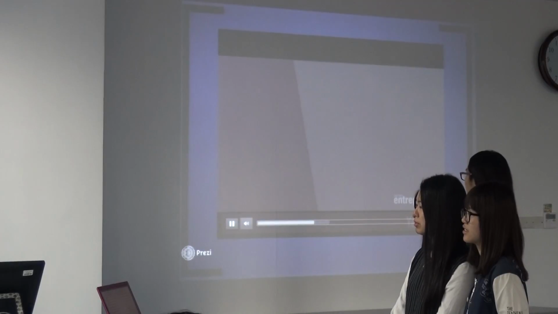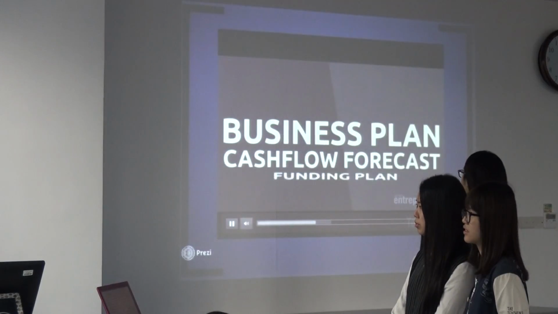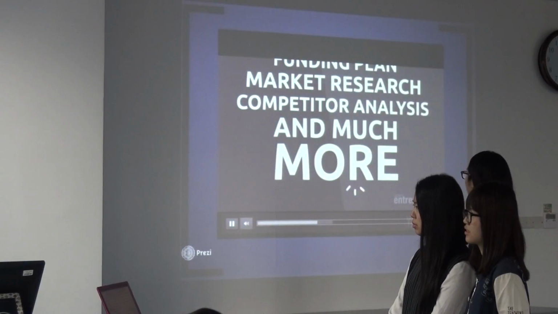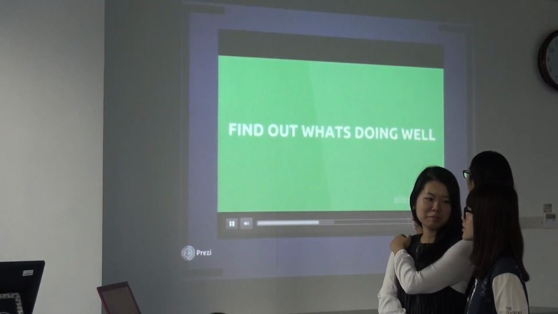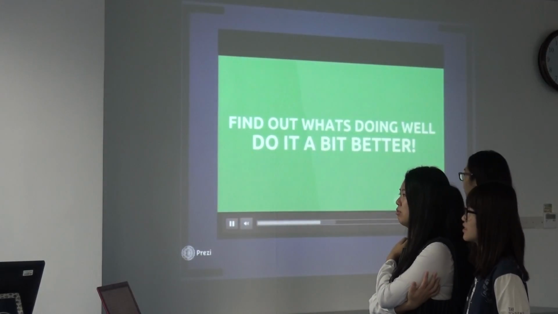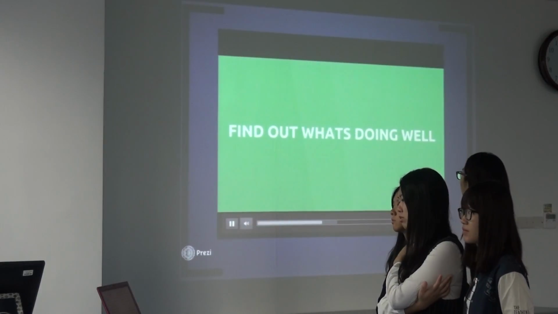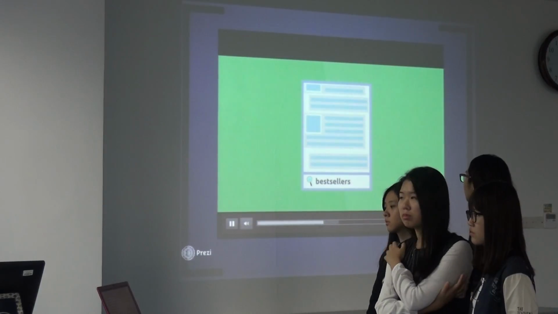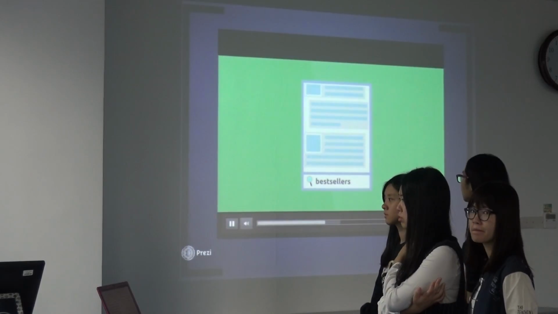If you wanted to start a new business the traditional way, you would be told that you needed a business plan, cash flow forecast, funding plan, market research, competitor analysis, and more. But we found a much faster way. It's really quite simple. You find out what's already selling well and do it a bit better, and with better marketing. Using that approach has allowed some students to go from having never built a business before to building businesses worth millions of dollars. Fortunately, Amazon makes this easy for you by literally telling you the best-selling products and makes it really straightforward for you to figure out what product to start your business with.